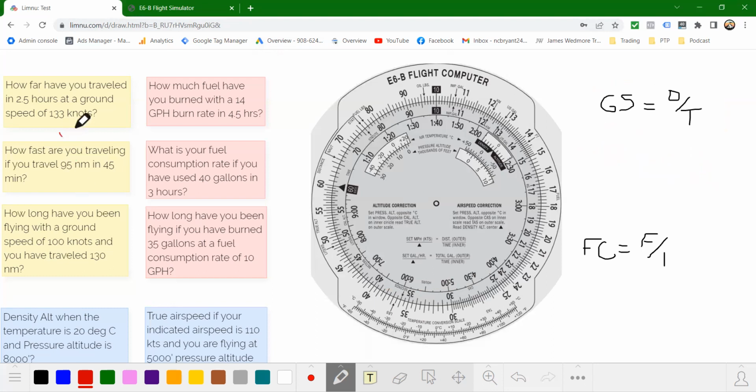So let's do this next yellow one right here. How fast are you traveling if you travel 95 nautical miles, or sorry, not nautical miles an hour, in 45 minutes? This time we're wanting a ground speed. We have distance, 95 nautical miles, and time, 45 minutes. So instead of putting this triangle on our ground speed, because we don't know it, we're going to put our distance and match it up over our time on the inner scale. And then we read off